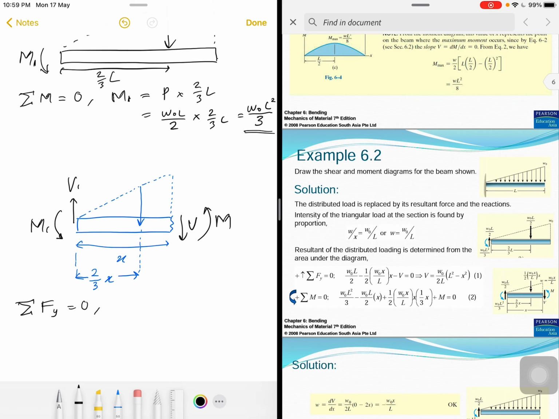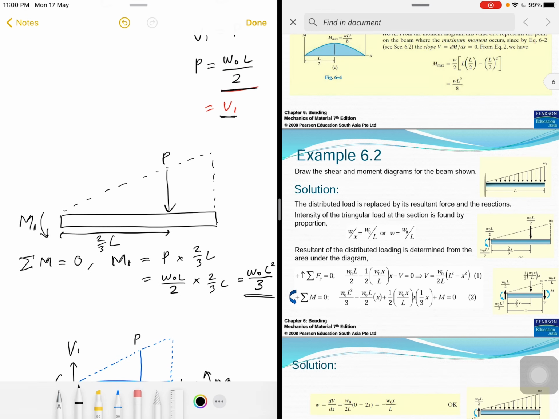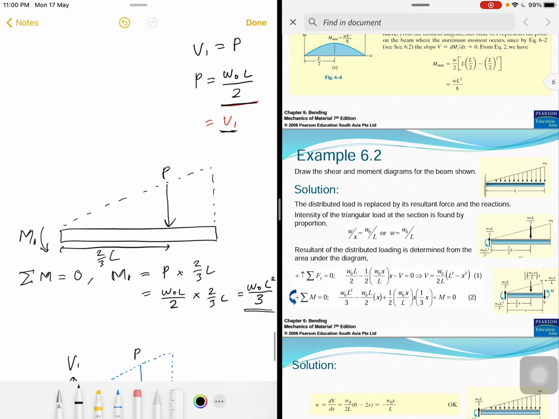Therefore, the forces involved in this diagram are V1 minus P minus V equal to 0. So we may replace with the value, the equation that we have. So V1 is right here, W naught L over 2,